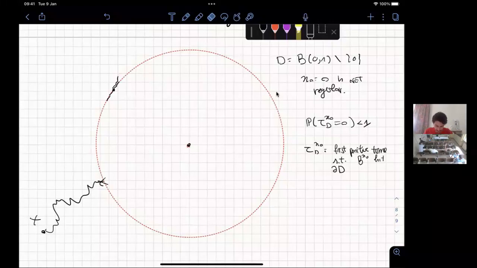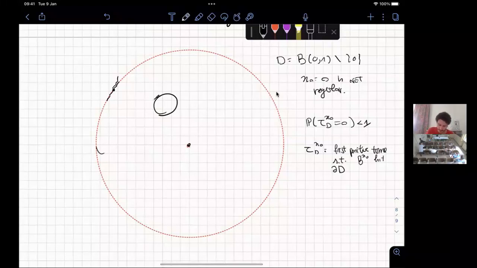What if you remove from the disk not just one point but another small disk? Are those points regular or not? Like this? Yeah, I think they are regular. Things become more complicated. A way to create a sort of not regular point is to take a family of disks that basically decrease to an accumulation point. This is a very bad way to build